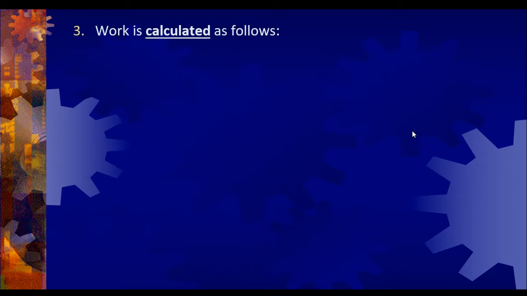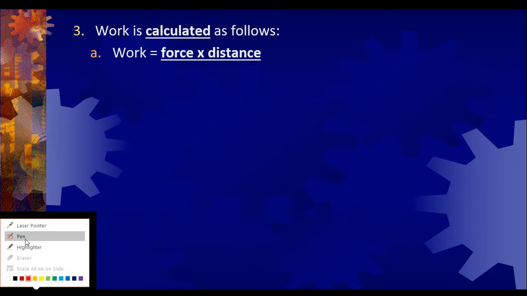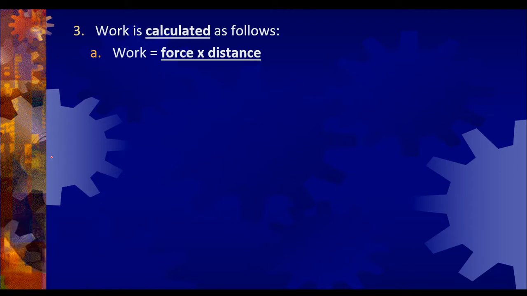Okay, now here's how we're going to calculate this. So this is what you guys are responsible for. The formula, and I'm going to pull up my little pen here. The formula is work equals force times distance. So if you like making those triangles, you would have work at the top and force and distance at the bottom. So the relationship is work equals force times distance,